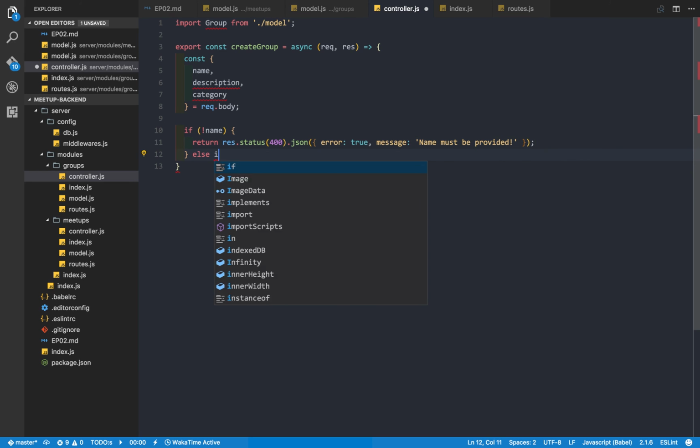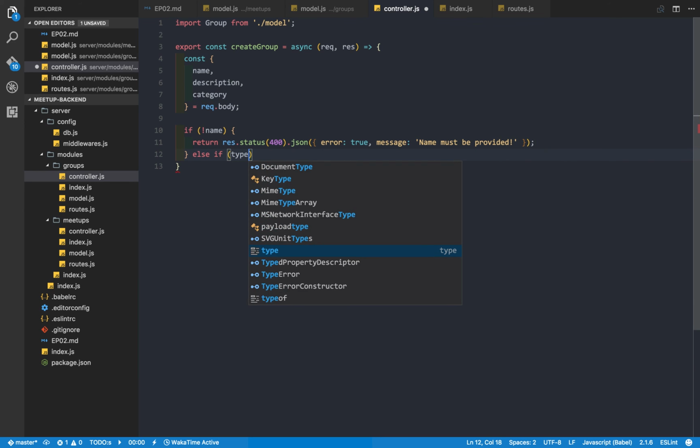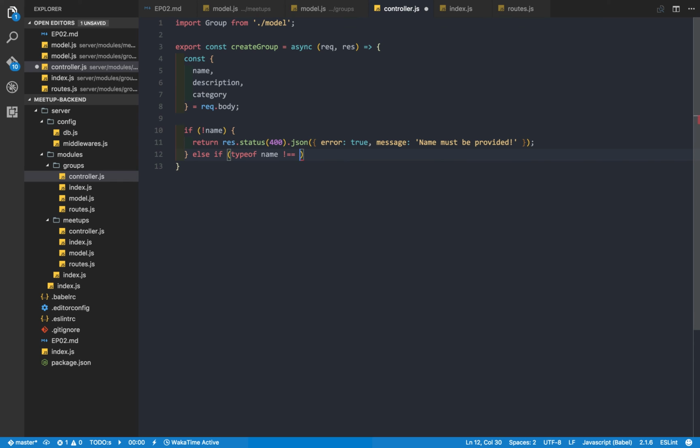After that, I'm gonna do an else if type of name. If it's not a string, we're gonna create the same, but must be a string. After that, we're gonna do another one. So don't worry, this is the last one. Else if name.length